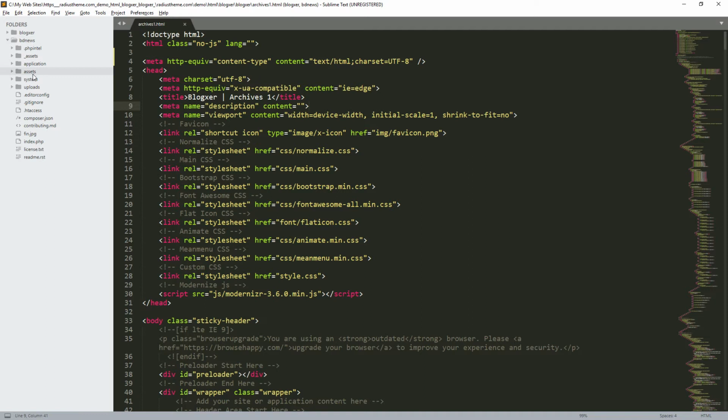I go to my view. Remember, we have the default view that we were having before. So I'll go to the default view, which is